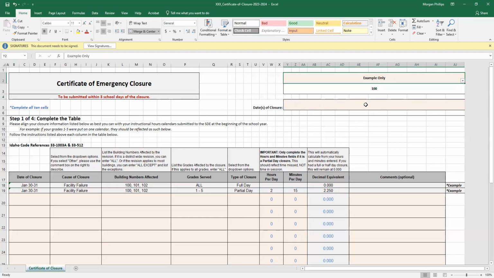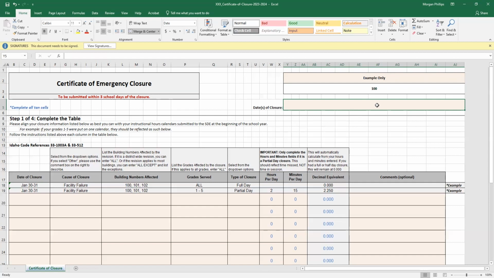Okay, once you have that ready to go, next you're gonna wanna fill in your dates of closure. These should be individual certificates. So let's say I closed once in December and I have another closure in February. They should be 2 separate forms. We don't want to keep updating this form and adding dates onto it throughout the year. There should be 1 form per closure just so that we keep them separate and we know that we're getting the correct documentation for each one.